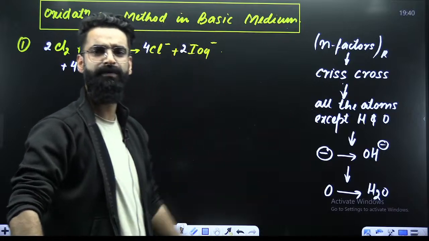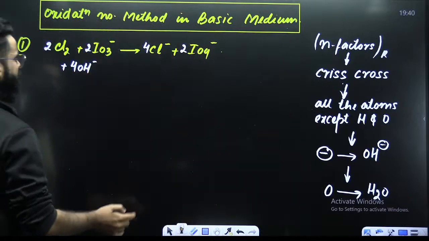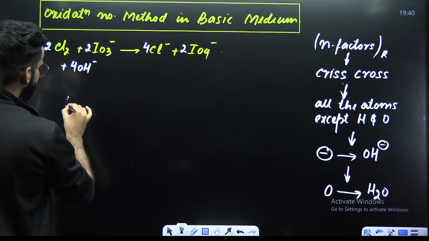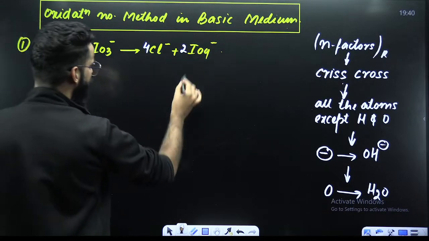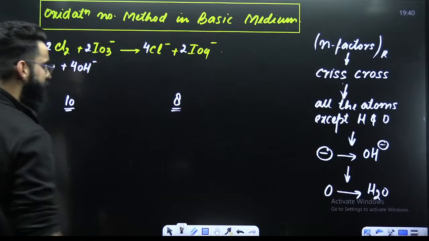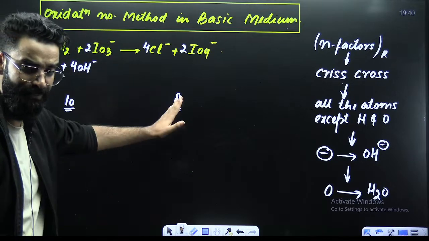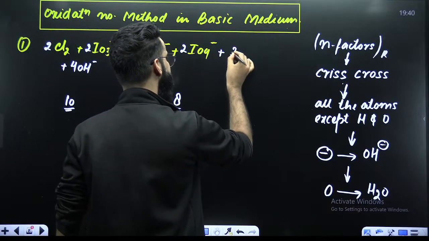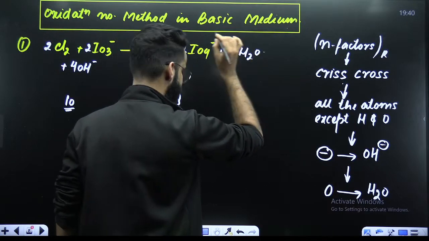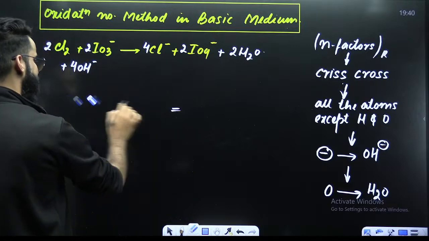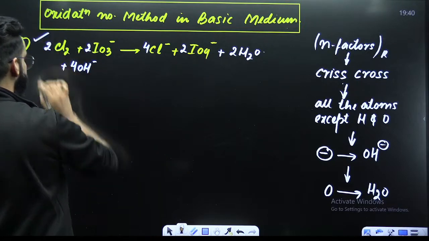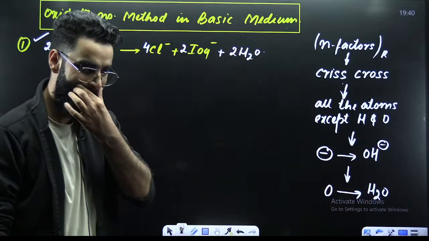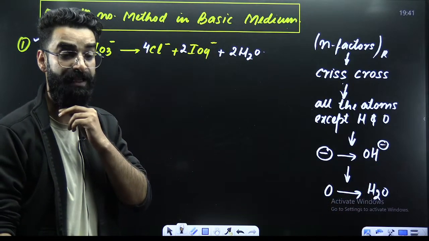Now is the turn for oxygen atoms. So balance oxygen now. How many oxygen on the left side? 3 2s are 6, 6 and 4 is 10. 10 oxygen on the left side. 2 4s are 8. 8 oxygen on the right side. So which side is oxygen deficient? Right side. How many oxygen deficiencies are there? 2, right? So add 2 water molecules here. Then now the reaction is balanced. It's a balanced chemical equation now.